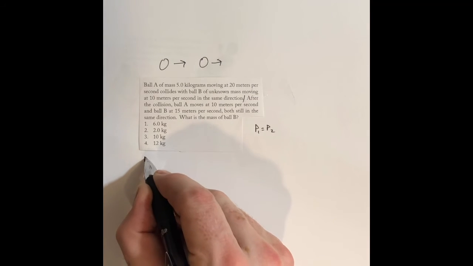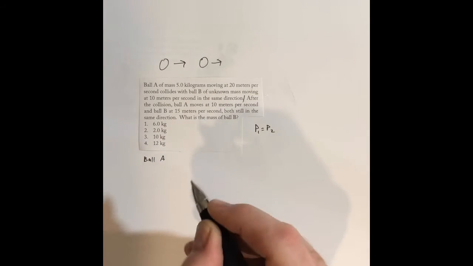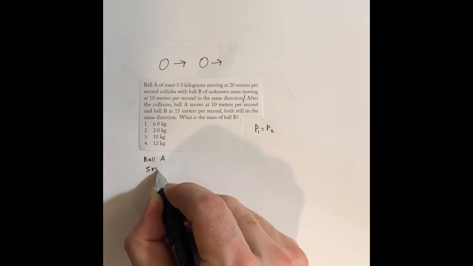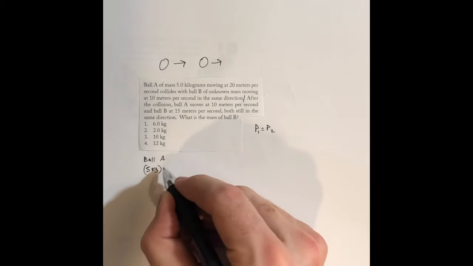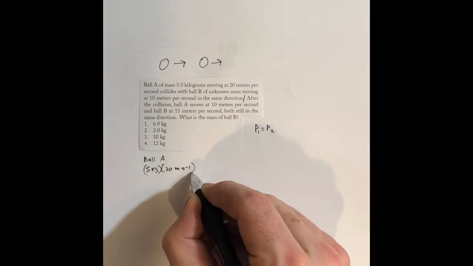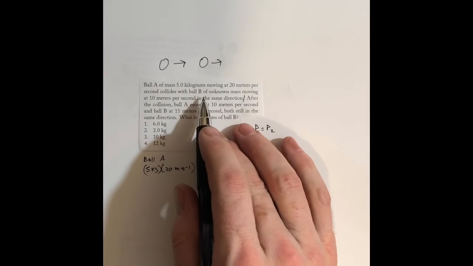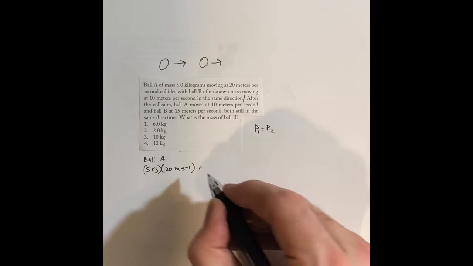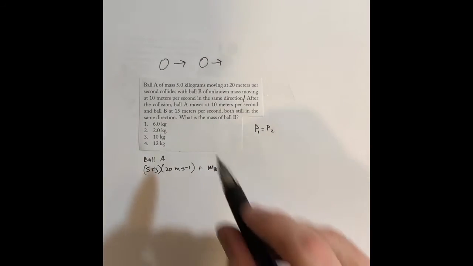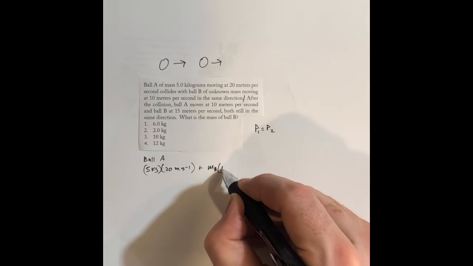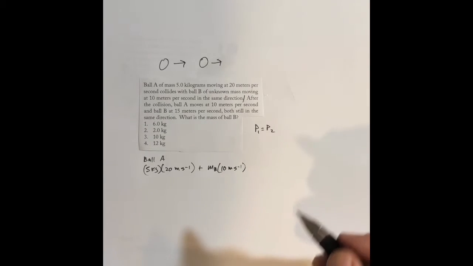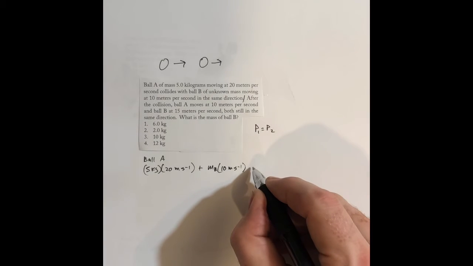We know that for ball A, we have 5 kilograms, and it's being multiplied by 20 meters per second. And then we also have ball B. Now we don't have all the information, but we have the mass of B, which is what we're trying to figure out, times 10 meters per second. Okay, so there's our original information, and then we're going to say it's going to be equal